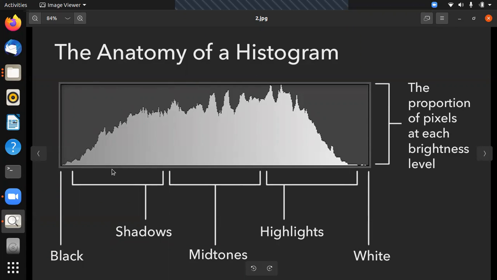In between they are called shadows, here they are called highlights. At least these many pixels are there in the photo which are of midtones type, or let us say this point has the value 128. So these many pixels are there in the entire frame which have an exposure value of 128.